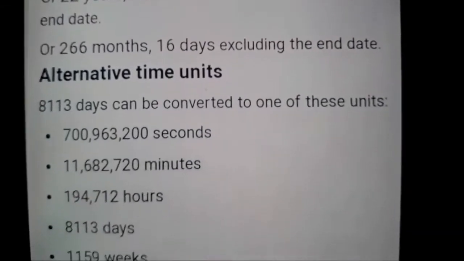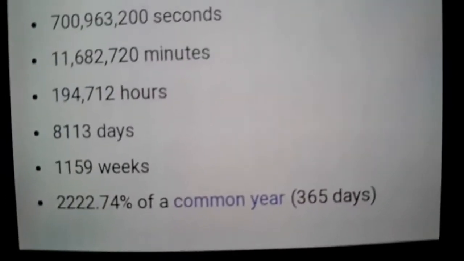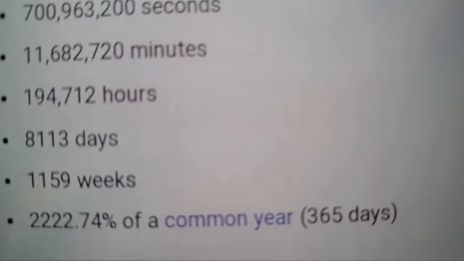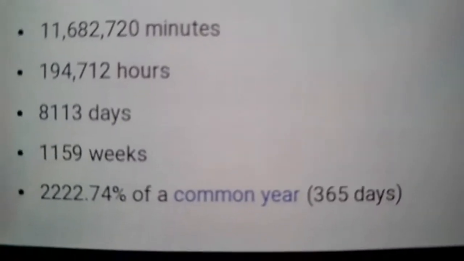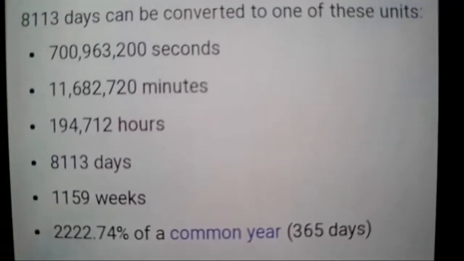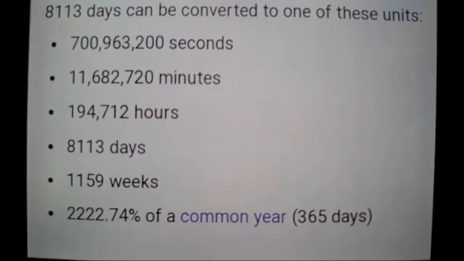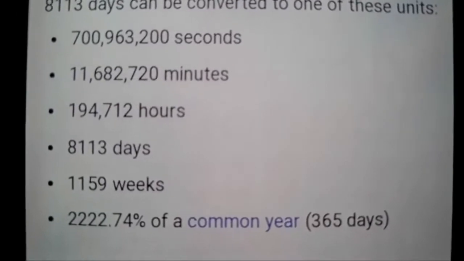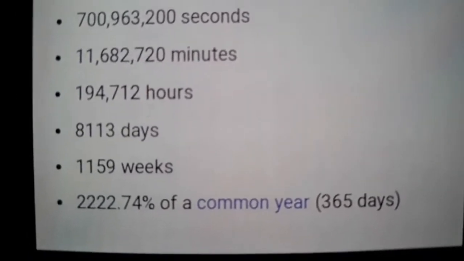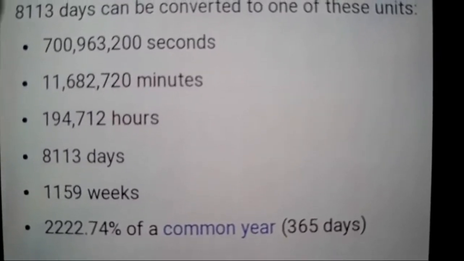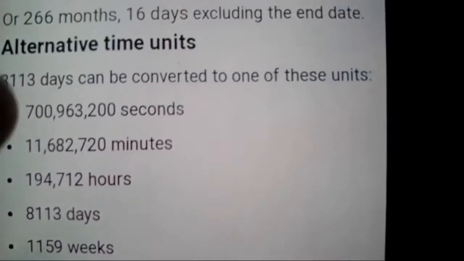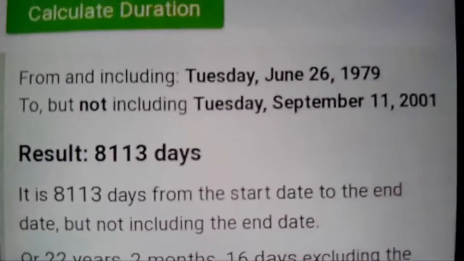I don't know what this means right here. What is this? 2/22/22, 74%. I don't even understand what it says of a common year, but I'm not getting it. It's not what you think. But I just thought it was an interesting number there, because 74 is a really important number, but it's the 2/22 all the way across. But anyway, forget about that. Don't worry about it. Anyway, let's see what the next one is.